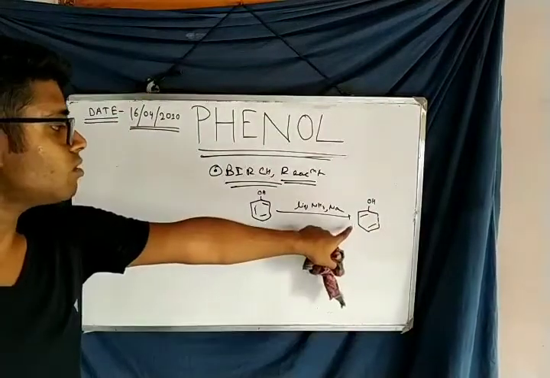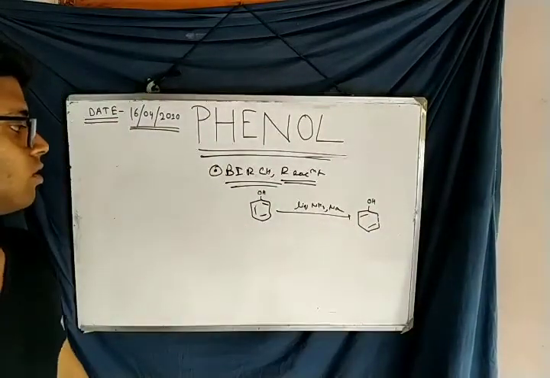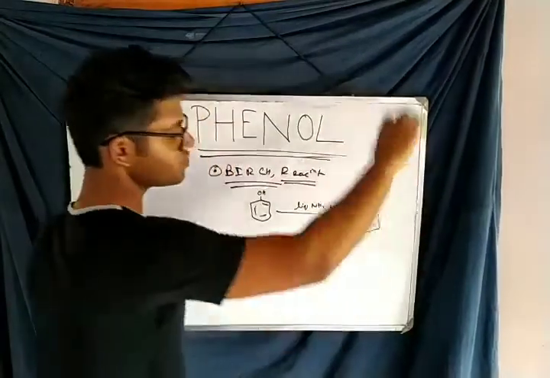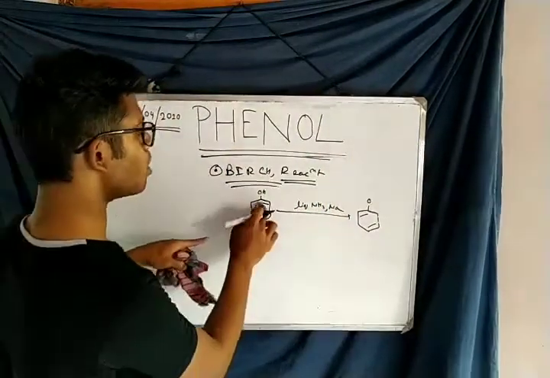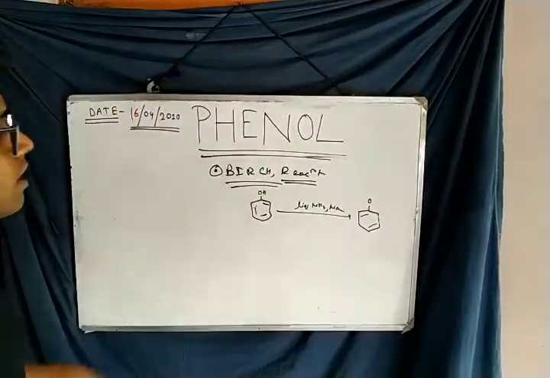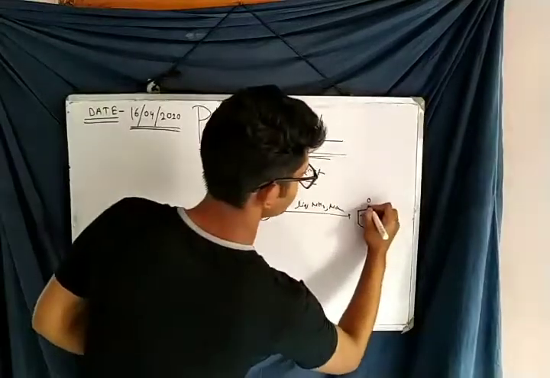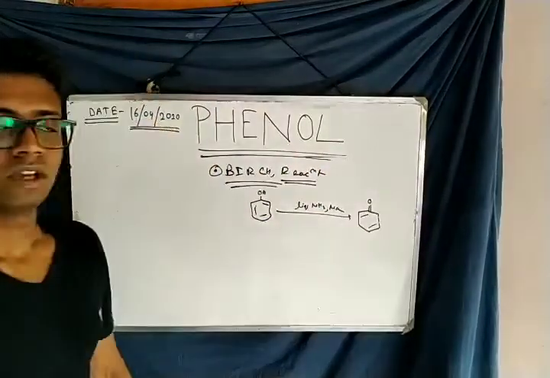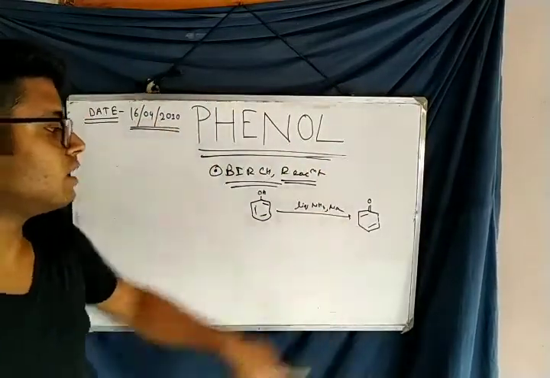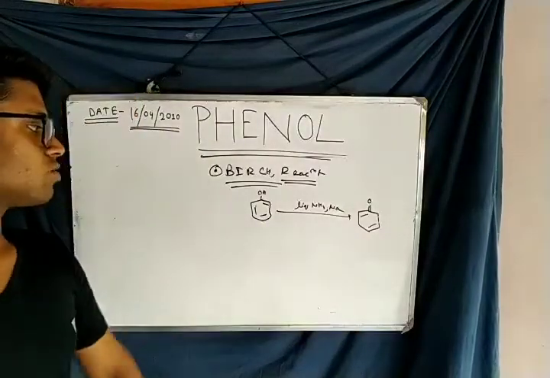But this compound is not stable. Here a hydrogen atom is replaced, and this bond in this region of the structure is going to attach with this oxygen atom. So this compound is not stable. This one bond is not stable. It is not a stable compound.